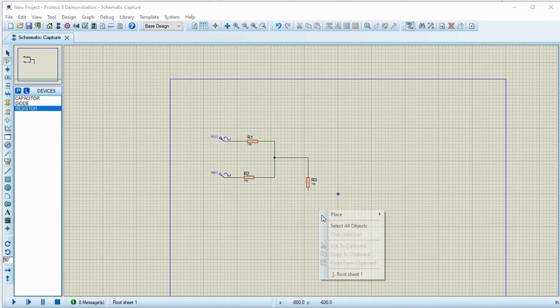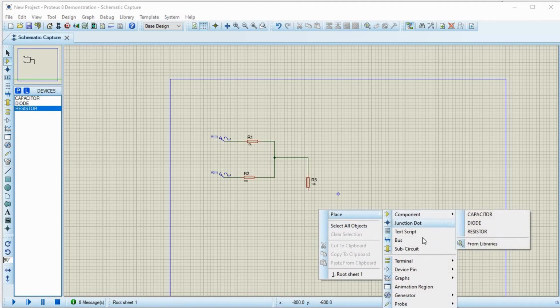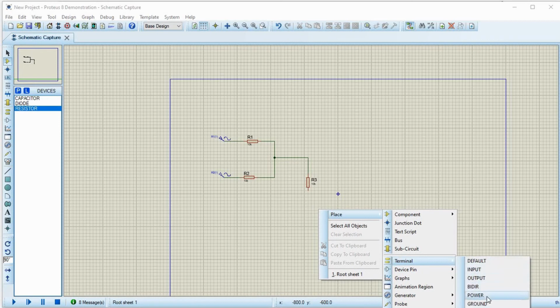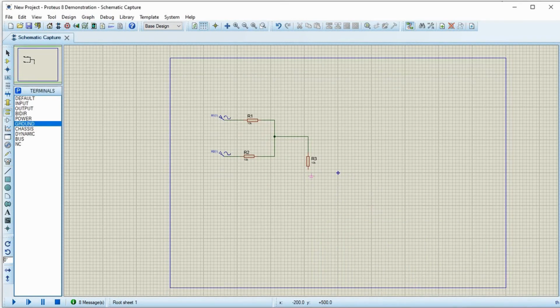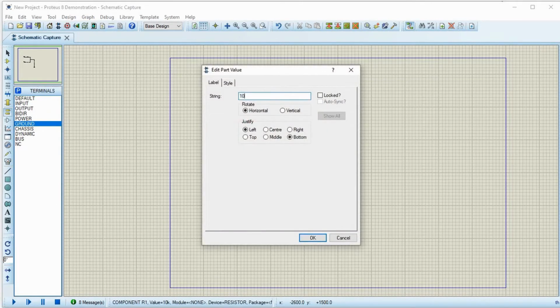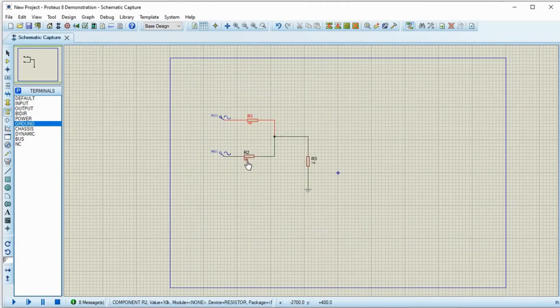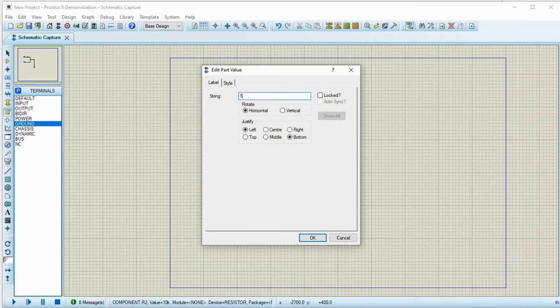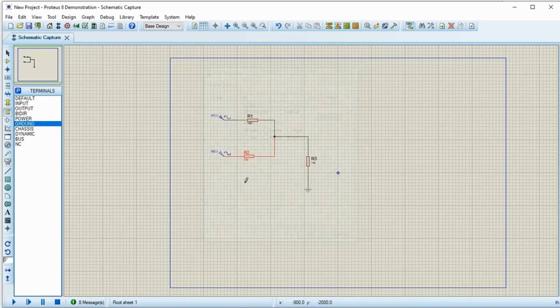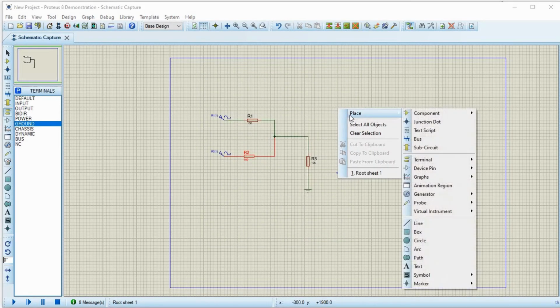I'll connect this. Again, don't worry about all the values of the resistors which I am using. When we get into design, I will tell you how to select the values.